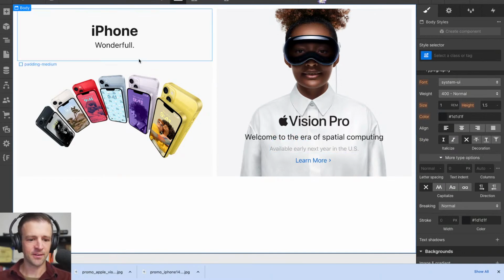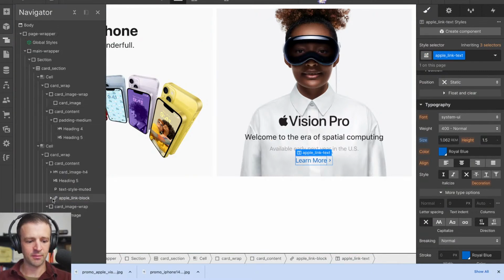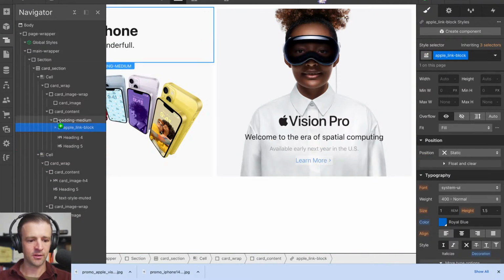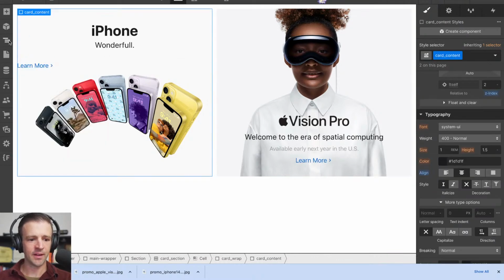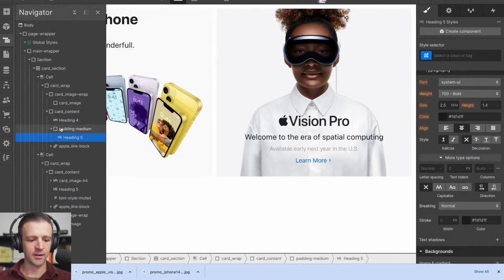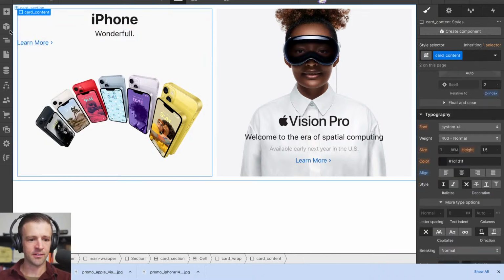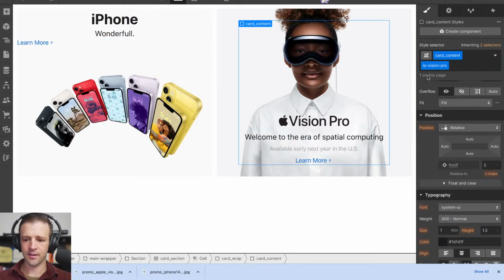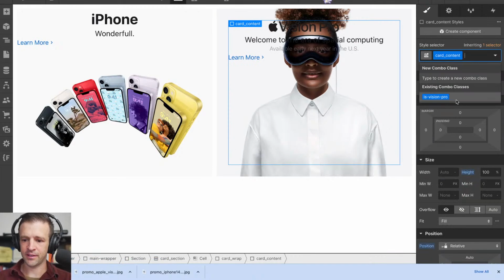All right, so we are still moving here. I've got this learn more. Let's go ahead and bring this up into our other thing that we've got going on over here. And now I got upset that I was putting this padding medium right here. So let's pull that out. And everything's in card content, which on my Vision Pro, I think that combo class is what gives this the align center. But let's delete that because